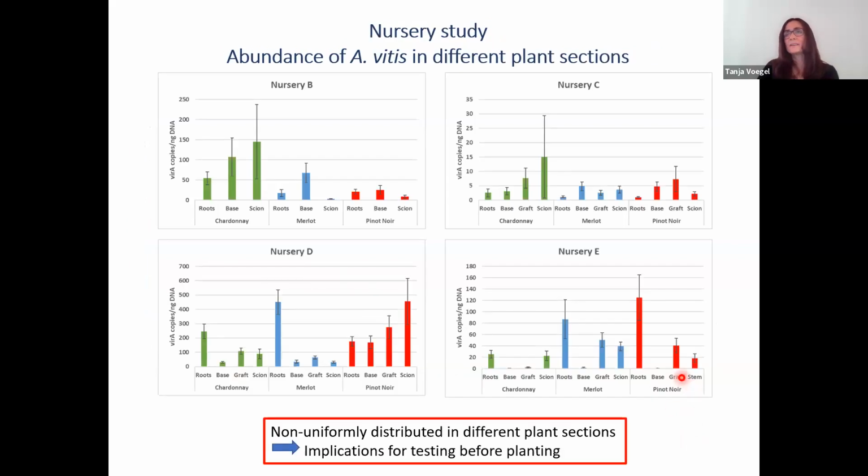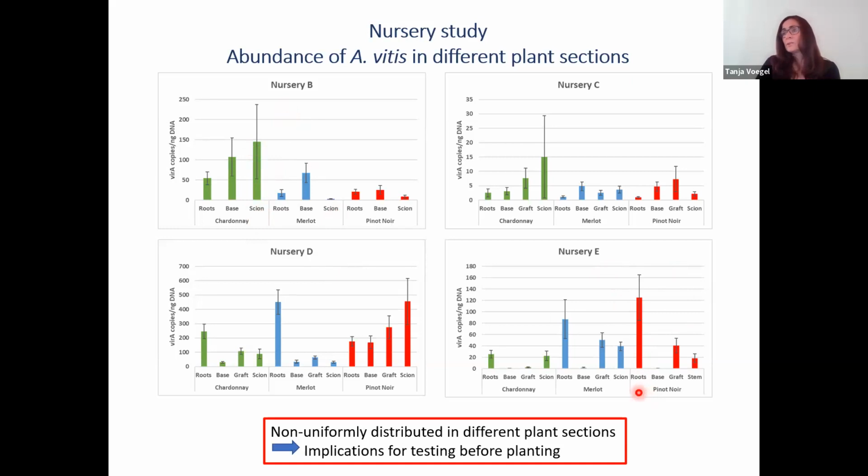This is the nursery data, again, now separated by 4 different nurseries. And within each nursery, I'm showing the different cultivars and then the abundance of the bacteria at the different locations on each vine. So as a take-home message here, there is no pattern. Like we don't see any location that consistently had the highest numbers or any cultivar that consistently was higher or lower than the others. For example, nursery B, cyan had the highest numbers in the Chardonnay, but in nursery E,